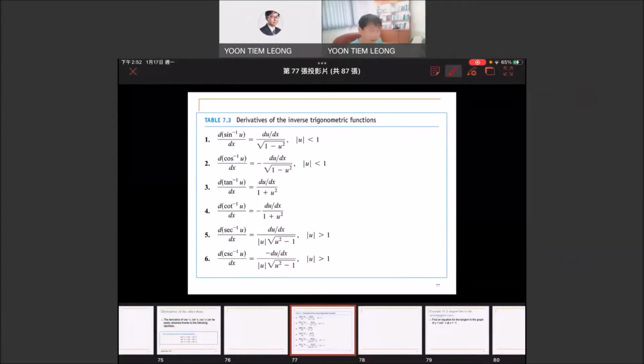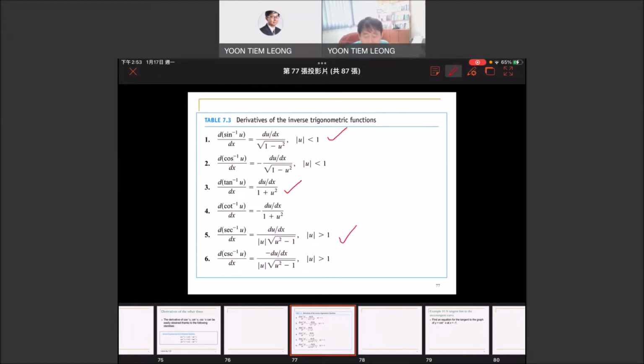This is the third part of the topic on the inverse of the trigonometric functions. So far, up to this stage, we have already explained the derivations of the formula for the derivative of arcsine, arctangent, and also arcsecant. The derivative for arccosecant,